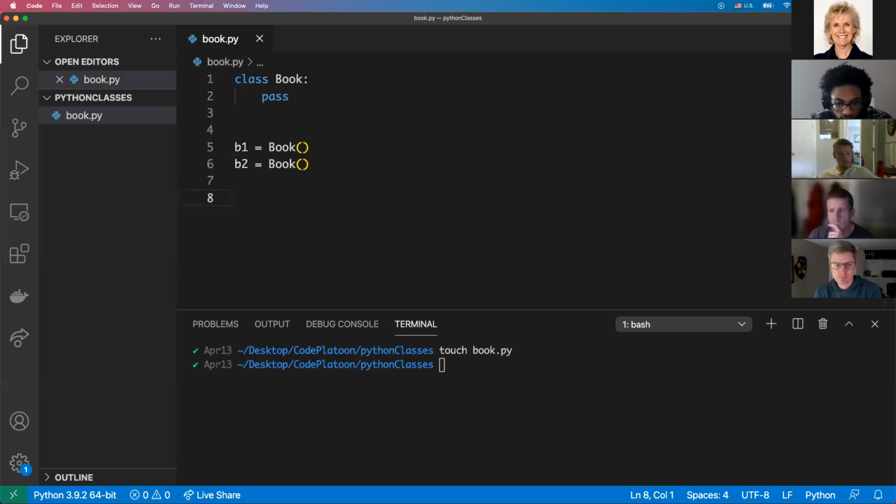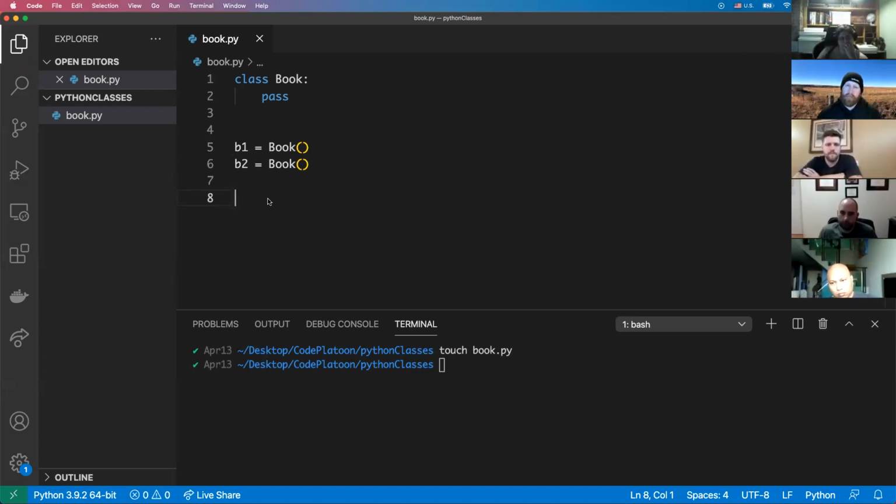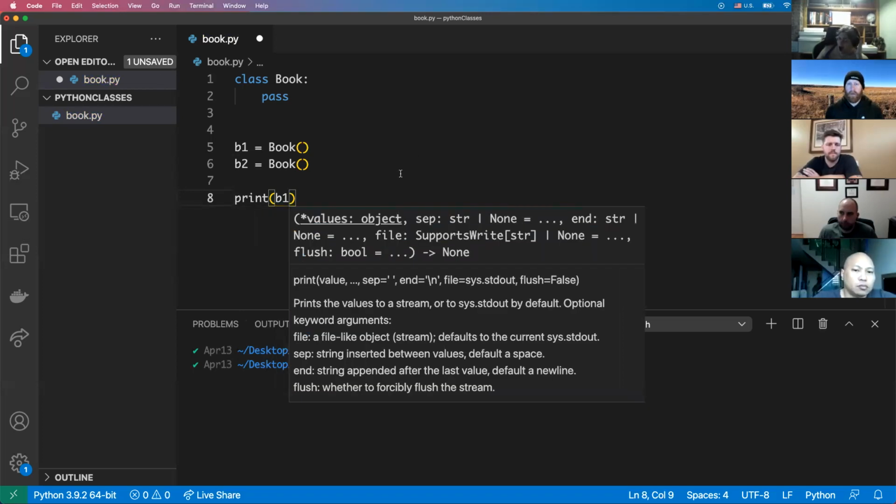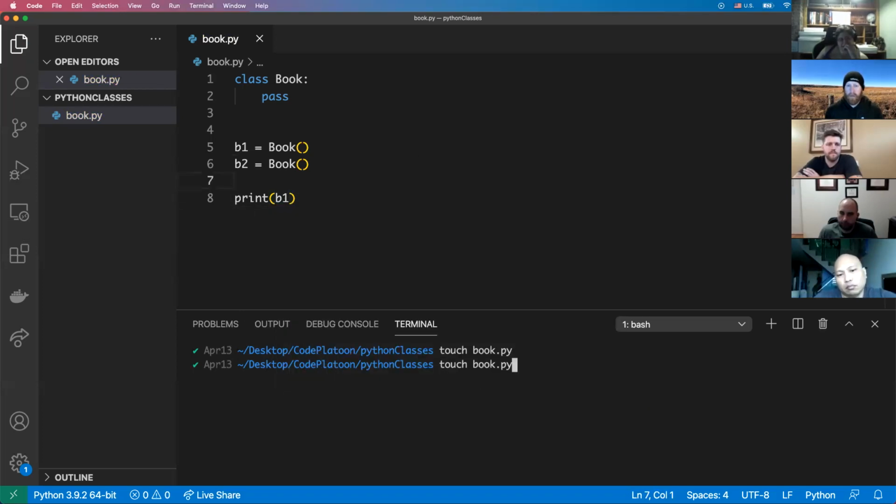Now, are b1 and b2 the same thing? No, they're just going to use whatever instructions we put in the class. Okay. So let's take a look at b1 first. print(b1). So if I just call print on this,